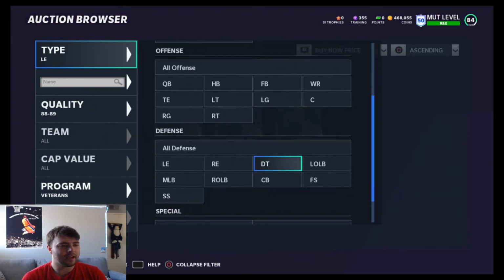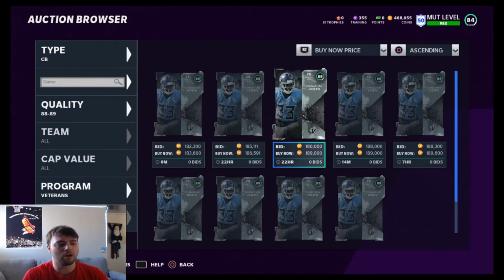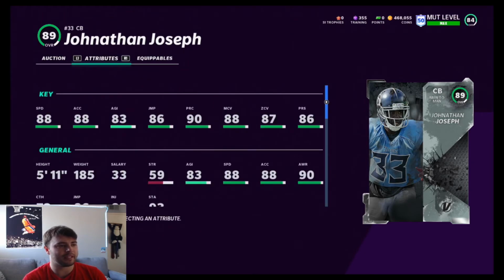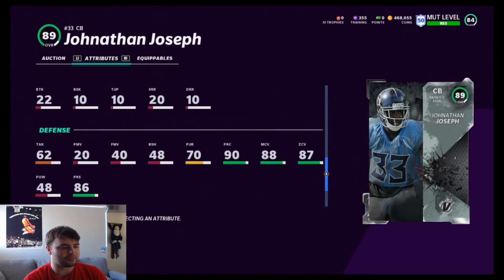And then last but not least is going to be this Johnathan Joseph, he's about 183K right now, and he's pretty decent as well. He's not going to be the best corner in the game, but he's definitely not something to laugh at. He's got 88 speed, 88 excel, 83 agility, 86 jumping, 90 play rec, 88 man, 87 zone with the 86 press. And then defensively, obviously, if we go check his stats, not that too much of this matters, but he does have like 70 pursuit,